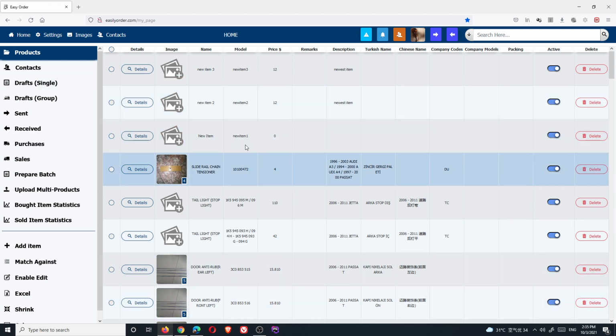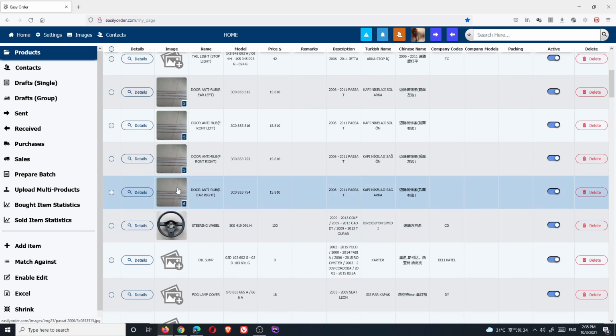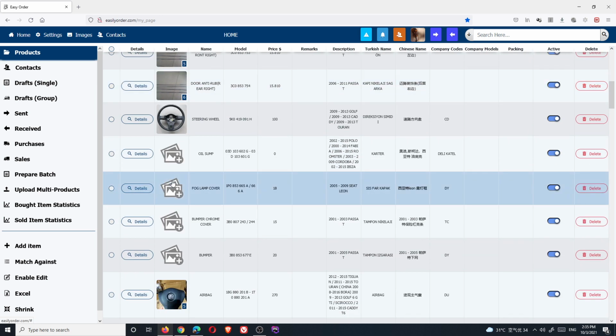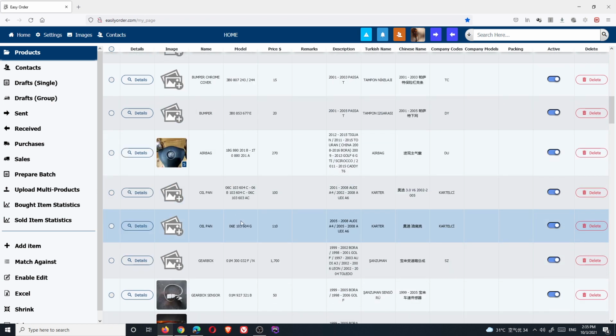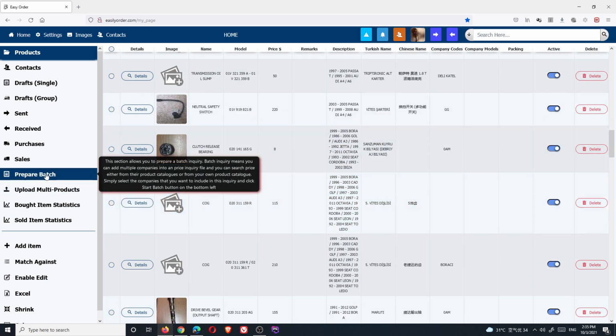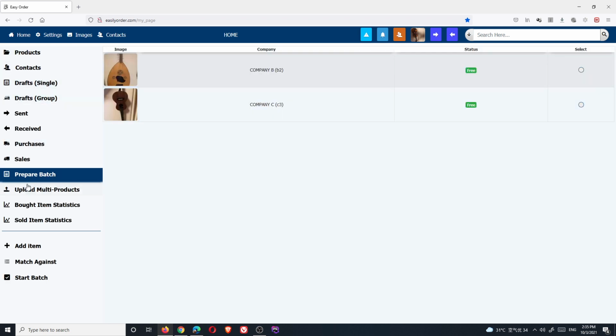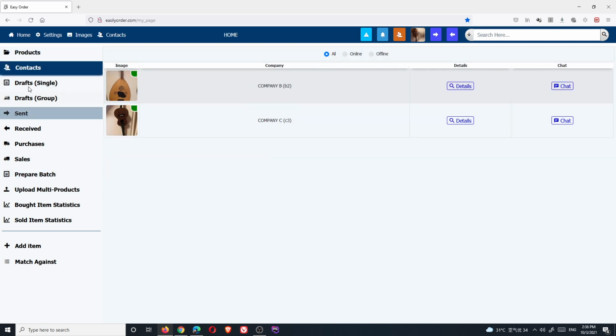For example, company A has so many items, and maybe company A wants to make a price inquiry for its own items. That is in the prepare batch section and can be made from there, and we will see this later. This is a very useful function, but firstly we see the simple inquiry only for the other side's catalog